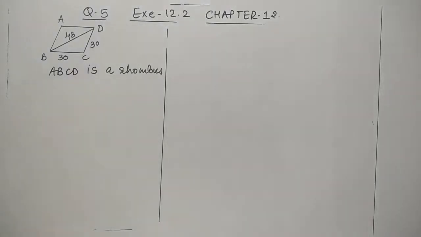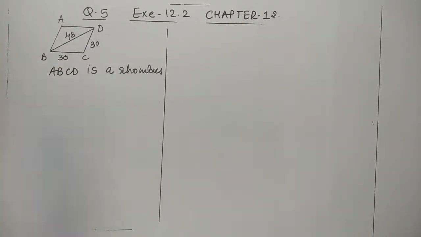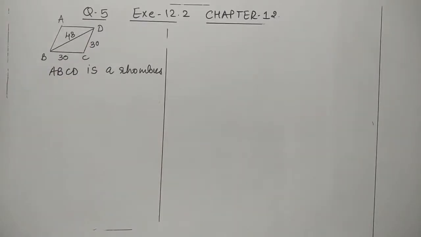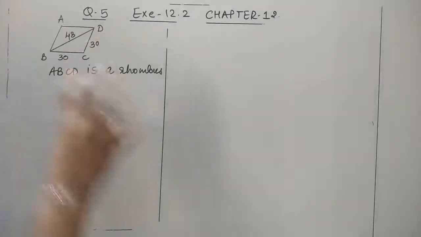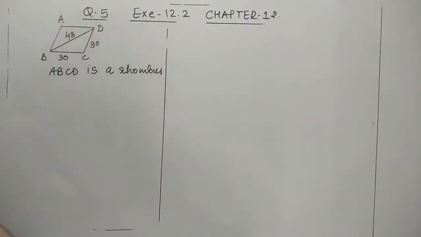Hello students, let's come to question number 5 here. It is given that a rhombus shaped field, I have written the name ABCD, has green grass for 18 cows to graze. That means there are 18 cows who can graze in the rhombus field. If each side of the rhombus is 30 and the length of the longer diagonal is 48, then we have to find out how much area of the grass field each cow will get. So obviously we have to find out the area of this rhombus, and after that we can find out